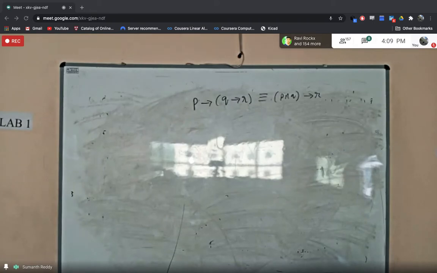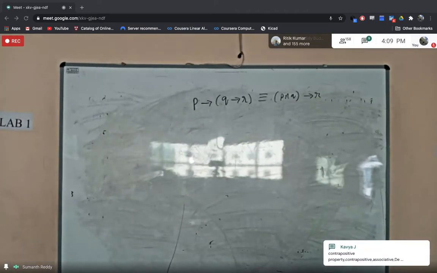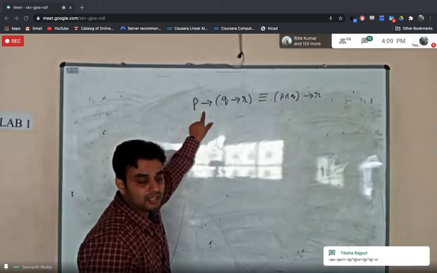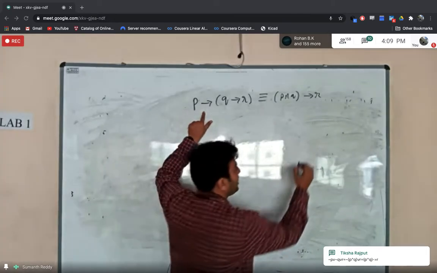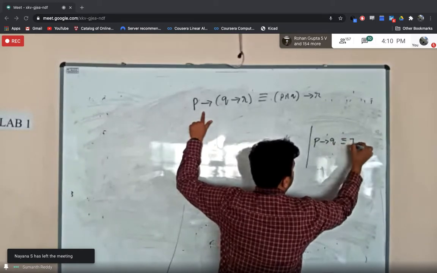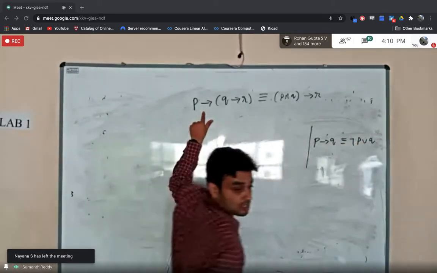Okay, students, are you able to solve it? No issues, right? Even if you don't get the proper solution, don't worry. With a bit of practice, definitely you will be able to solve it. Whatever rules I have told you, using the same rules you just observe, I'll solve this. The first thing I told you: whenever I have a conditional, I have to use the basic formula which I have already given you. That is, when I have P implies Q, I can write it as negation of P or Q.